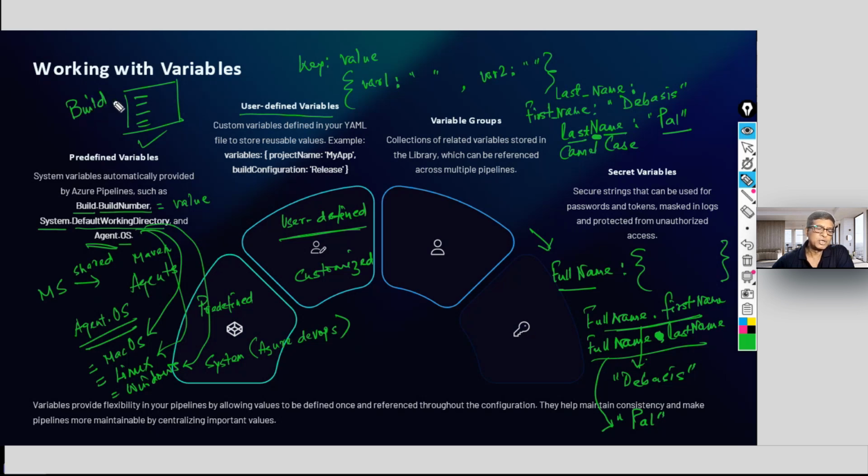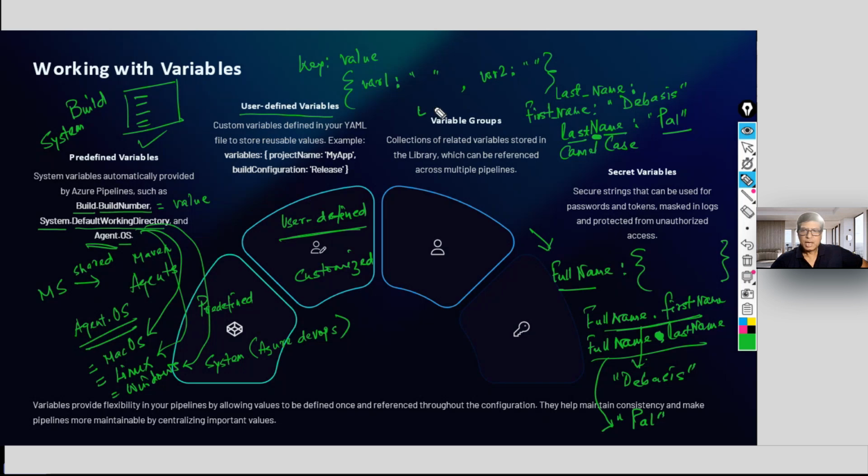There are hundreds of build variables, out of which one is the build number. Another, you wanted to see the system variables. It will open a document with the list of all the system defined variables. One of them is default working directory. That way, you do not need to remember anything. Whatever you need, you will just use it. That's all.